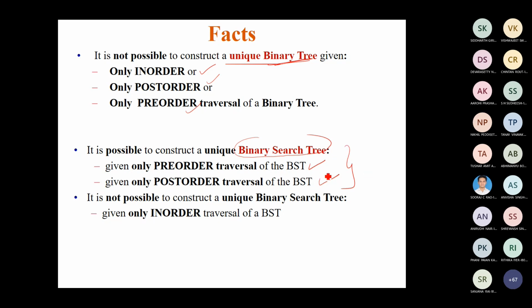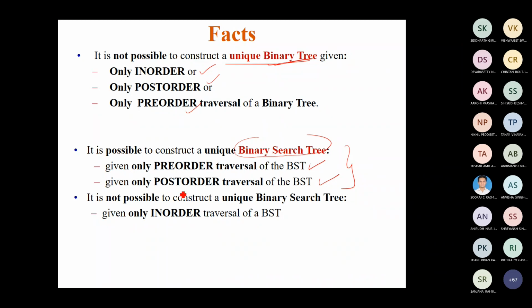Any one of you? Sir, because the in-order traversal of a BST is already sorted, so that's why. If you are given a pre-order or the post-order, you can easily get the in-order traversal: just sort it and we'll get it. Yes, so that is going to meet our requirement. Pre-order is given, which means I can get the in-order, so by using the in-order and pre-order, I can produce the unique binary search tree.